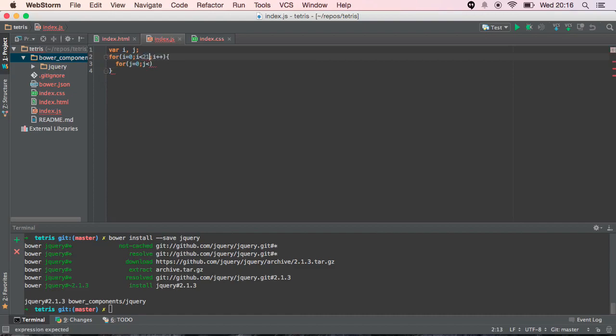We're going to do this as 21, and this is going to be 11, and we'll do j plus plus. Okay, so we've got our for loops set. Let's grab an instance of box, and we'll call it $box equals the box element that's on our page, for efficiency, and then we will do